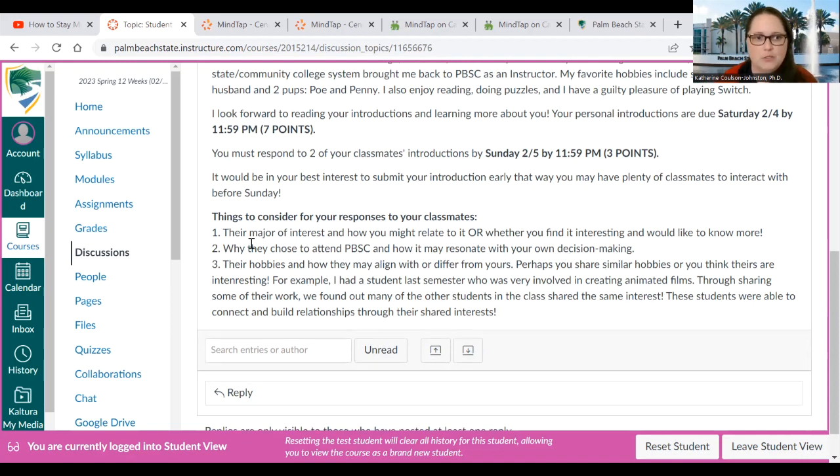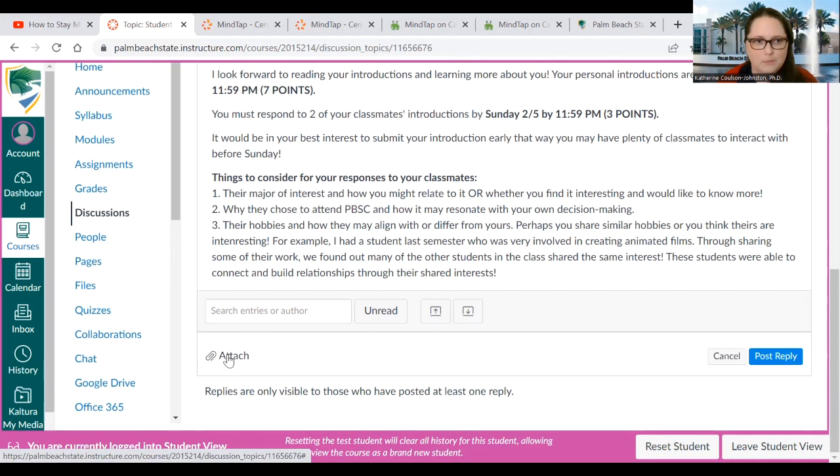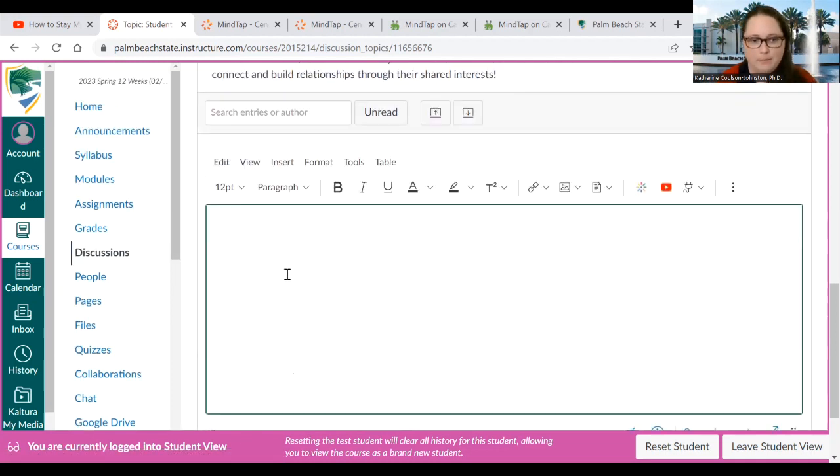Okay, so when you're ready to reply, you literally just hit reply. And you can type it in. Or if you want to put it in Microsoft Word first and copy and paste it over, you can do that too. I know some students will do that to make sure there's no spelling errors or anything. You can upload as a Word document, not a requirement. There's no format requirement.